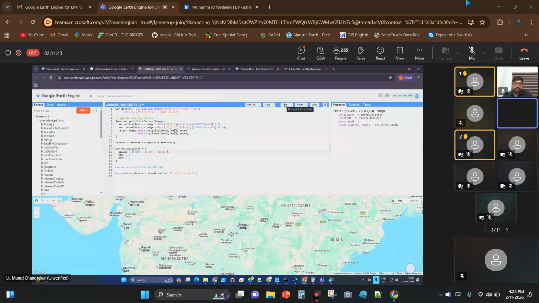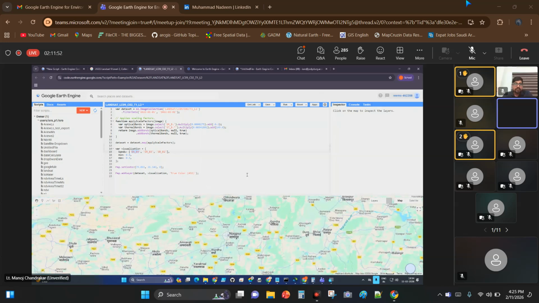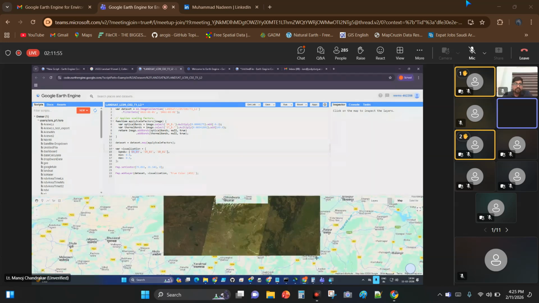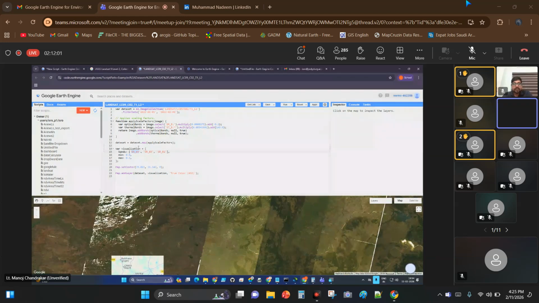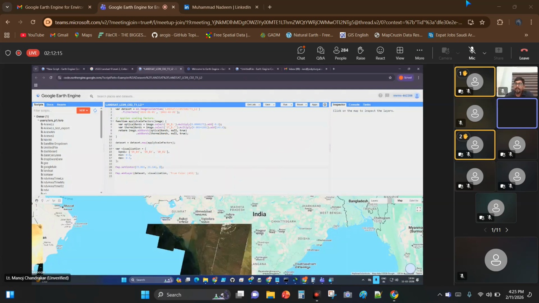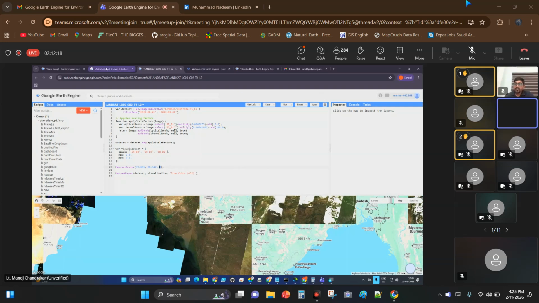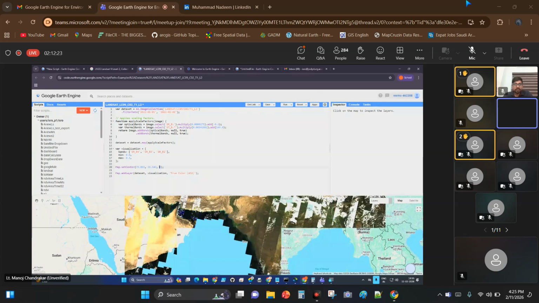So once I run this, it will center the map to Nagpur and give me the area. Okay, so let's run this. It has centered Nagpur and it gives me the Landsat image, not the live image, but the image for that particular time, in the scale of 8. If you see, the whole world's image of Landsat 9 of a particular duration is available, but you want only